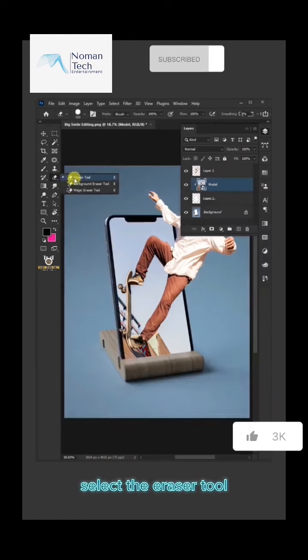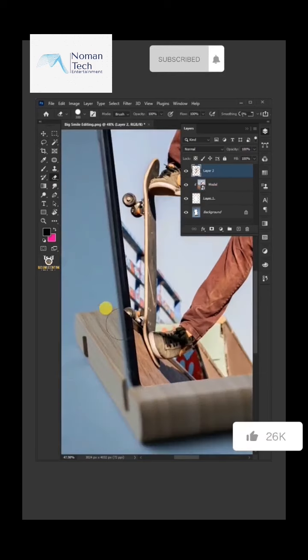Select the Eraser tool. Then select Top Layer. Erase the